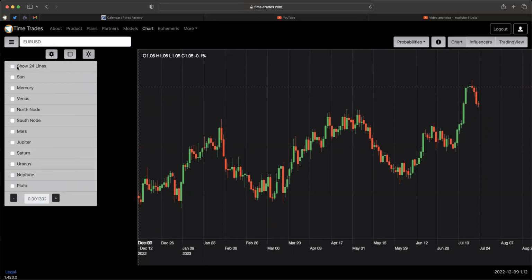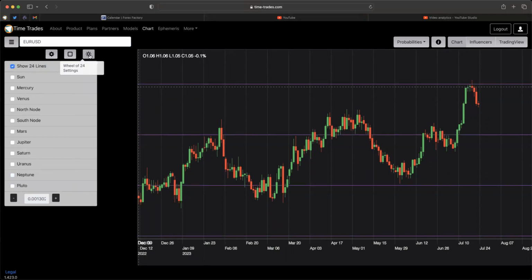So we can turn on the planetary lines by going to the Wheel of 24 settings here on the right and turn on Show 24 Lines. All of this is described in Gene Long's great book called The Universal Clock. So I'm not going to go into detail about what exactly a Wheel of 24 is or the 24 lines,